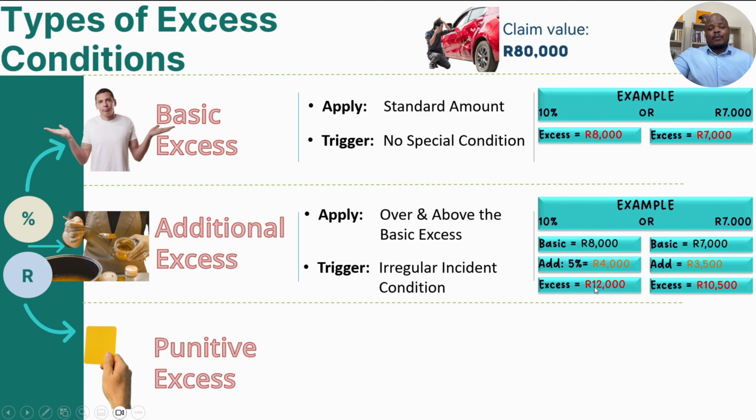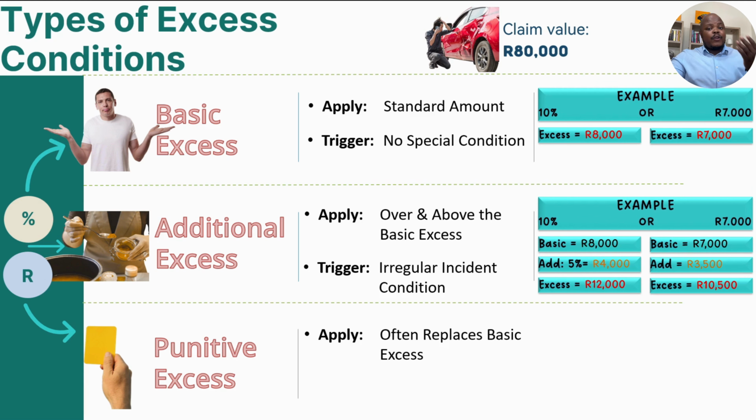And we found sometimes most clients are confused, saying, but my excess is about 7,000 rand. Why am I expected to pay 10,500 rand? So that's additional excesses. On the other hand, punitive excesses often replace the basic excess. Punitive excesses might not necessarily be named as punitive in your policy schedule, but it's actually an excess that exists